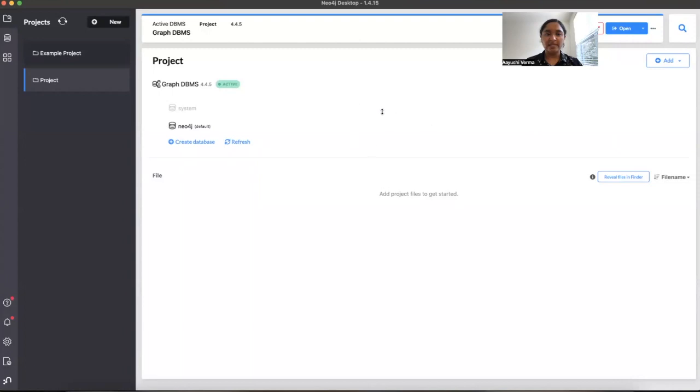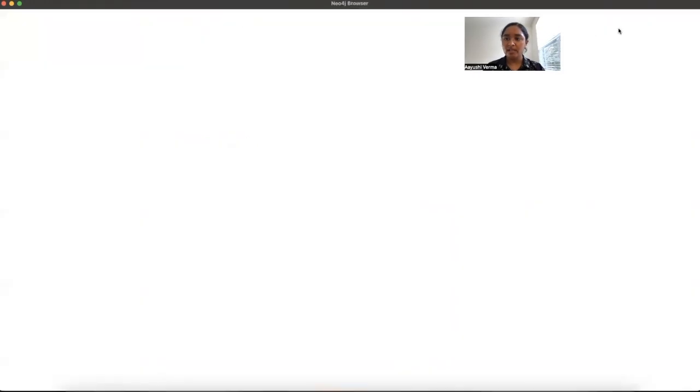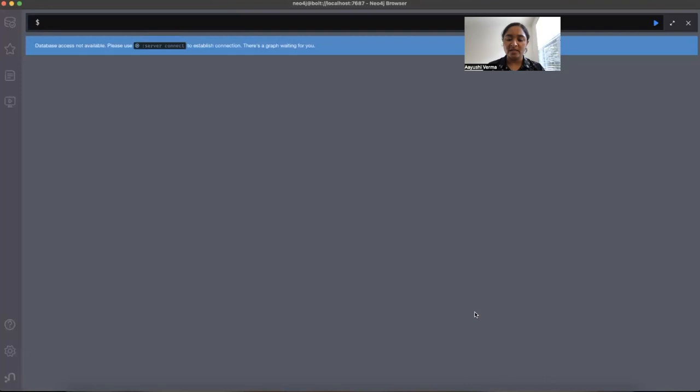So the database has now been started and instantiated, and we see that there are two databases here. There is a system database and there's a Neo4j default database. The system database is grayed out, which means we cannot access it, but we do have access to this Neo4j default database. So now if we press open here at the top, that will open up an instance of Neo4j